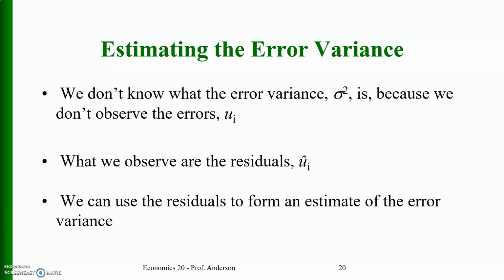My dear students, there is some difference and some similarity between ui and ui hat. Ui is unobservable, but ui hat is observable. That is, the residual is observable because the residual ei or ui hat is equal to yi minus yi hat, whereas ui is unobservable. But the similarity between the two is that we can use the residual term, that is ui hat or ei, as an estimate of the random error or stochastic disturbance term.